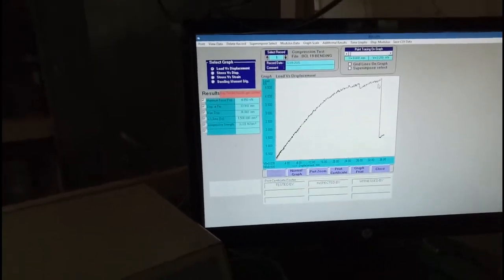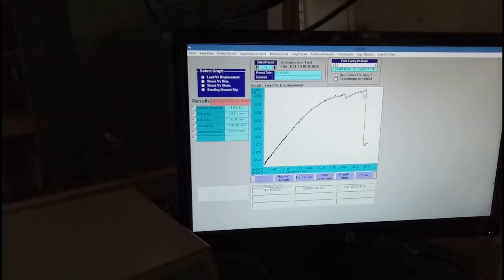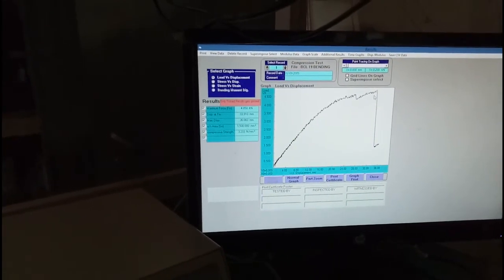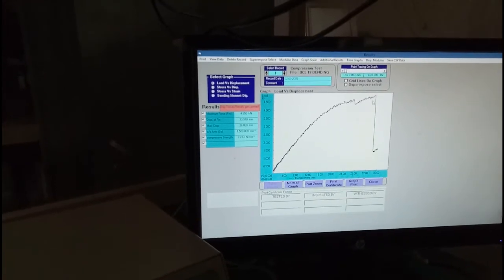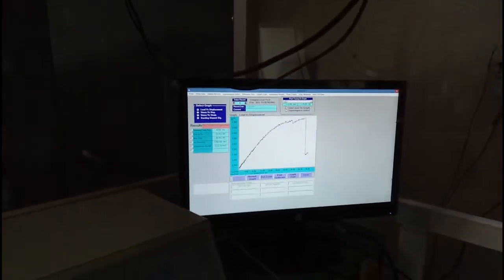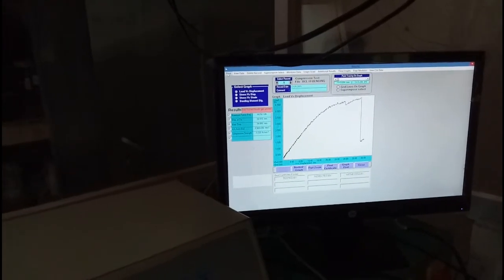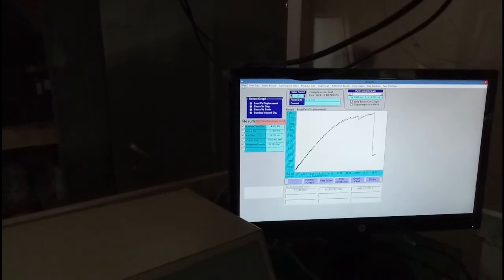So this is the maximum point load that we have applied on a beam of 90 centimeter length. From this we will calculate the maximum bending moment. The maximum bending moment will be PL by 4, and from that bending moment we can calculate the flexural stresses, right?